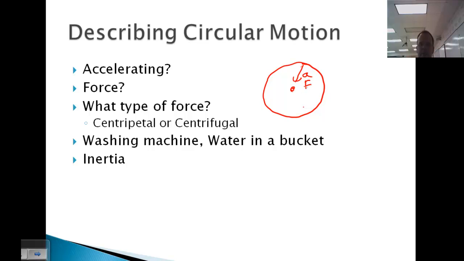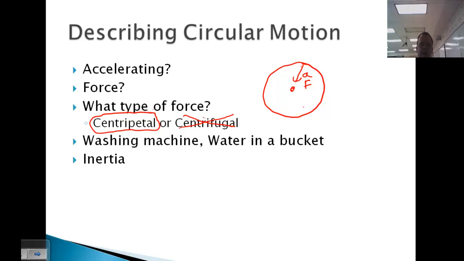That means the force must also be pointed towards the center, and this is known as centripetal force. Many people also use the term centrifugal force. This force does not really exist. This is the force that people talk about pulling to the outside of a circle. The reason when you're going around a circle you feel like you're being pulled to the outside is due to inertia. You want to keep going in a straight line. That straight line path takes you to the outside of the circle